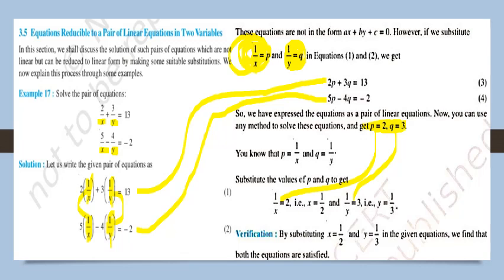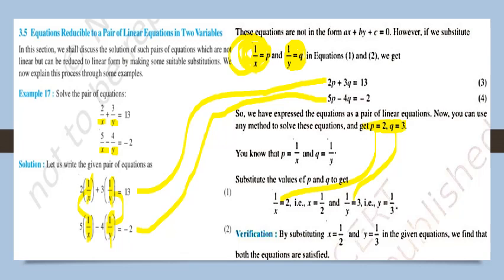So how do we convert the variables which are in the denominator so that they are in the numerator? Let's see. We will write this equation first. What is common there? If you see in this equation, 1 upon x is common, and here 1 upon y and 1 upon y. So we will rewrite this equation like this. This gives you 1 upon x and 1 upon y in the first equation, and then 5 into 1 upon x, 5 is taken out, and here 4 into 1 upon y.